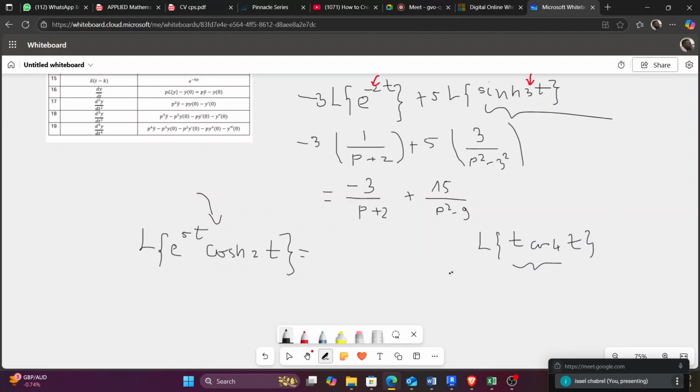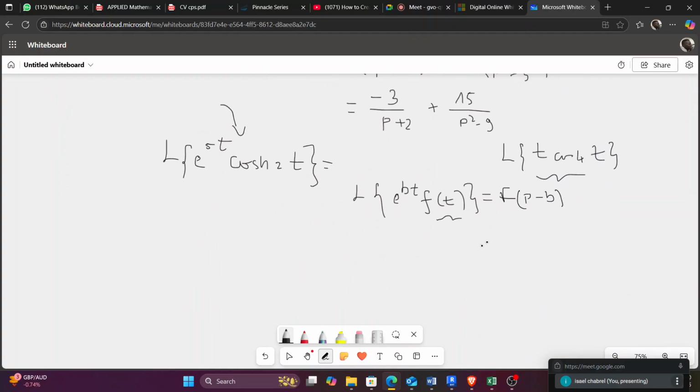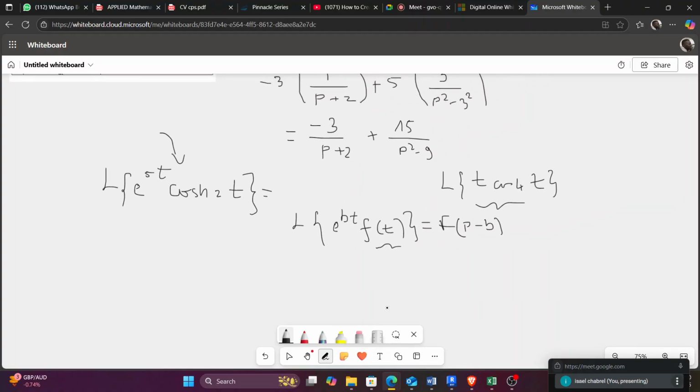That's one of the reasons. The formula says that if you have Laplace of exponential, they said bt, doesn't matter. Bt is just whatever on top of the exponential of f of t. It means exponential next to any other function. You can write it as F of p minus b. I will explain what this means through this solution. F of p minus b simply means the solution with p minus b. But let's do it so that you can see what I'm doing here. Now, let's solve. Let me see what you are writing.